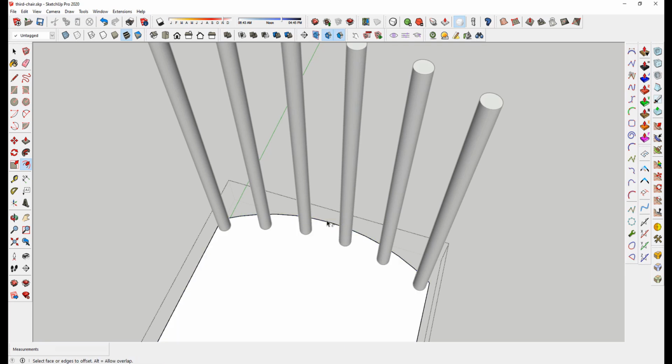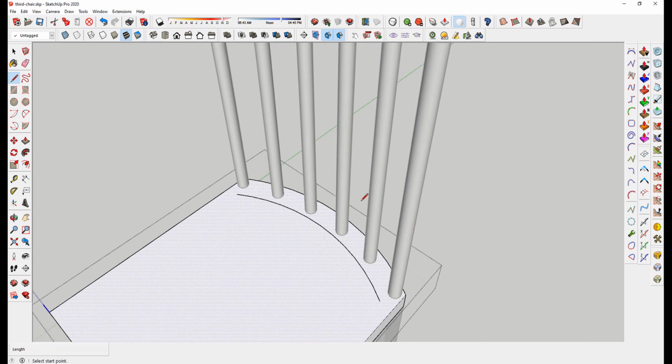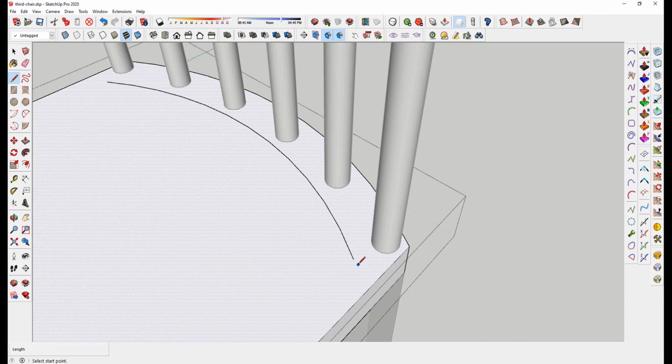I'm going to select the edge and click and come inwards until about the spindles will be halfway in the bottom there, so it looks about right, and click again. Notice the line is dark, meaning it's not been broken the surface, and so I'm going to use the line tool, press L for line, click this back end, click, go to this edge, click, press escape to get out of the tool,